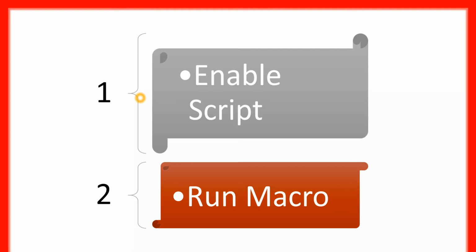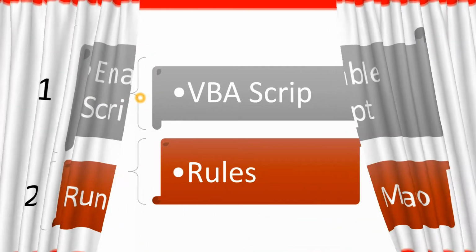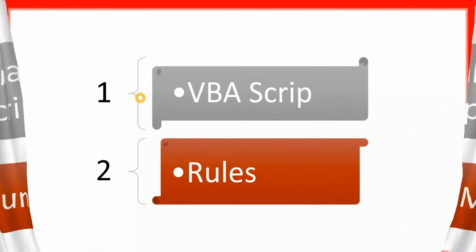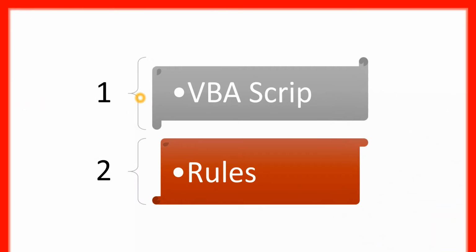Before that, let's just summarize what I'm going to do. First of all, I know that you are creating a rule in Outlook and the rule's run-a-script option is not there. The second thing is macro running. I know most of you have done it, but we will quickly show how to enable macros. Then we will be going to the VBA script, and then we will be dealing with the rules, and then I'll run it and show you what we have done. That will be simple, I think. Okay, so let's start.